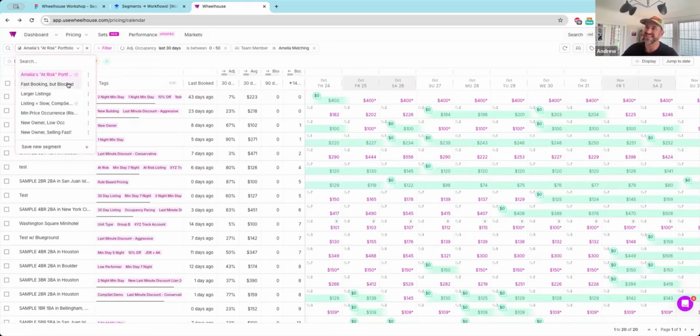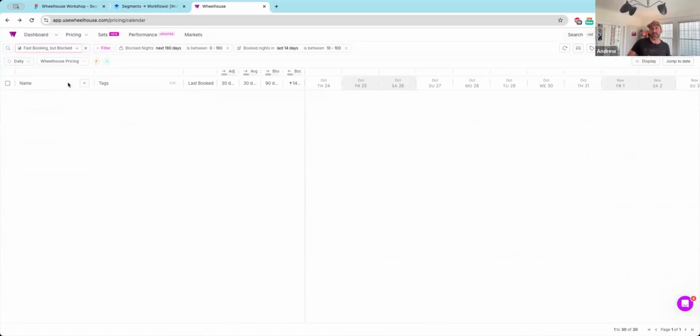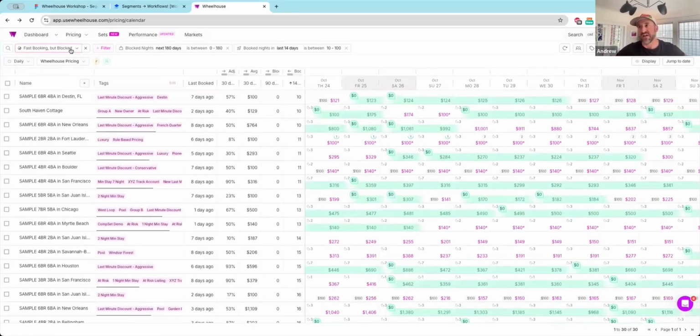You can also use a listing calendar status. I would encourage everyone today to build a fast booking segment, should you manage properties on other people's behalf. A fast booking, but blocked. In this case, what I'm looking at is how many times this property is booked or blocked in the next 180 days. My fake calendars do not have blocked days, so I have to go 0 to 180. It's a little bit of an extreme. Then I'm chaining that together by showing the properties that have booked. I actually want to see the properties that are booking really quickly.